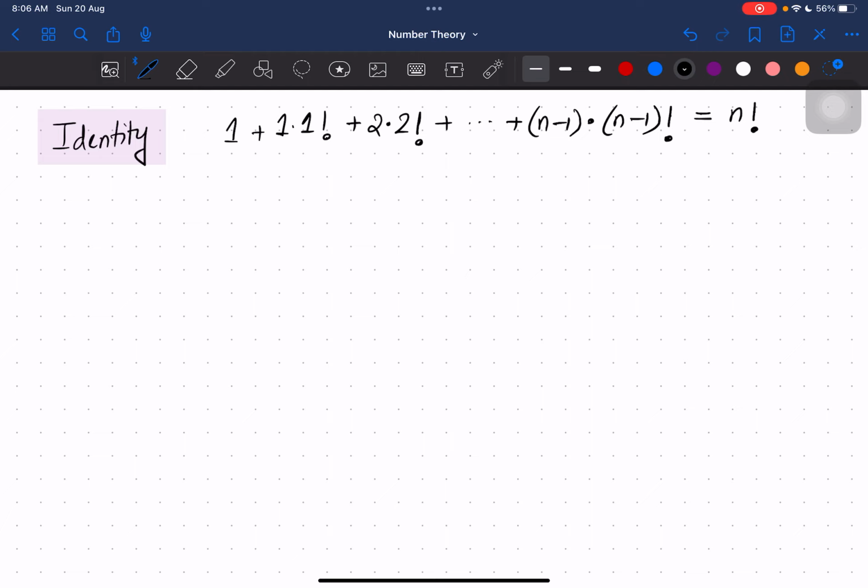So let us try to show how the identity is true. So before that, we'll solve a general question, which will directly, if we solve the general question, then this is a special case of that general thing. So the question is,